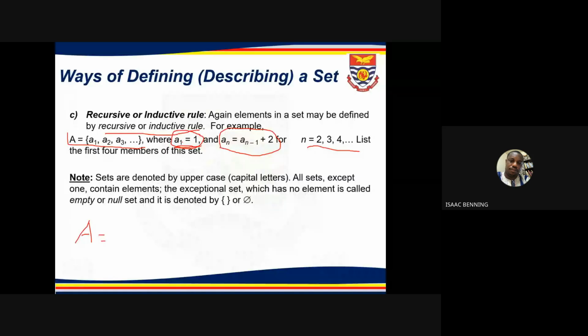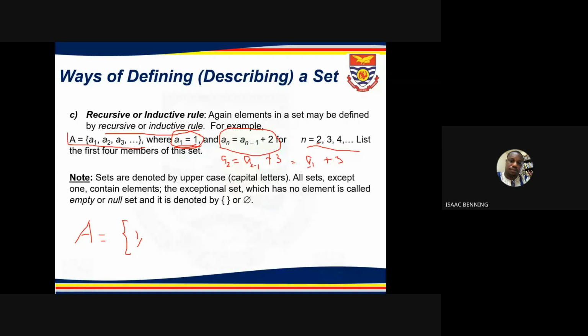Okay. We know already we have given A1 to be 1. So it means our first element is 1. If we want to know our second element, we are going to find A2. So when we put these into the formula, we are going to get A1 plus 2 minus 1 plus 3. And 2 minus 1 will give us A1. Do you agree with me? Plus our 3.